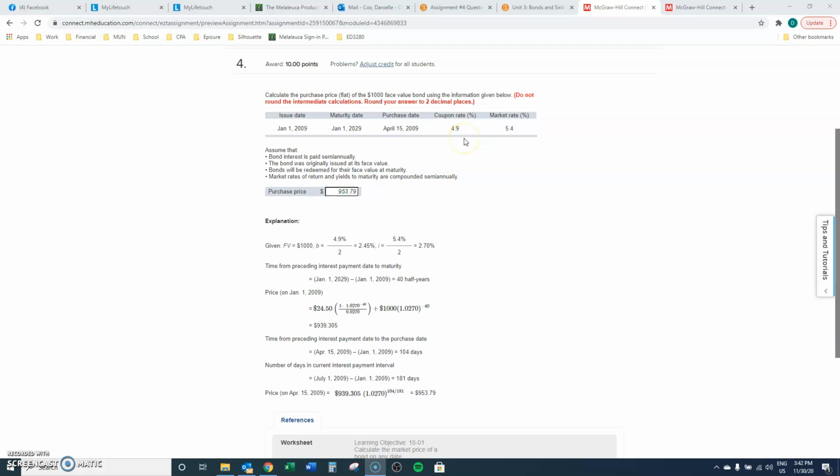So when we got our price and our accrued interest and we added everything together, you leave everything unrounded. And then your final answer, because it's a dollar value, we're rounding it to 2 decimal places. That's where you do your rounding. So here, 953.79. So you can also use, obviously, the formula here, but again, when possible, I tend to use the calculator,